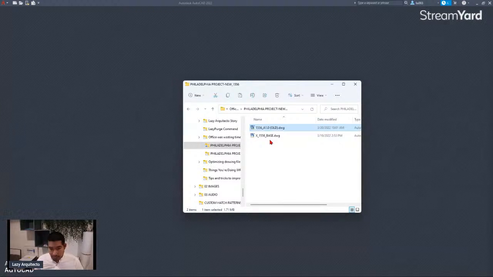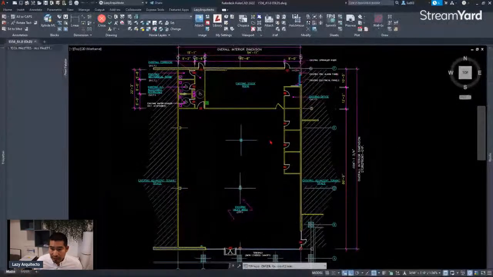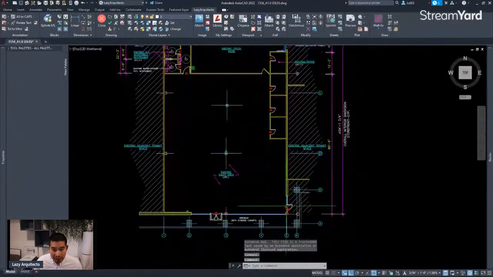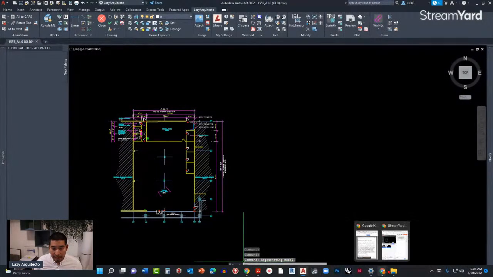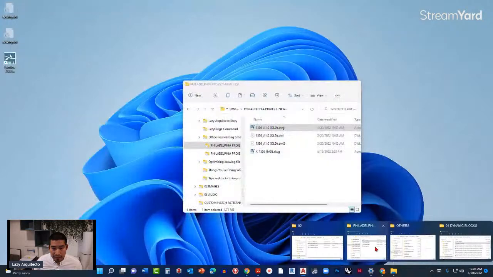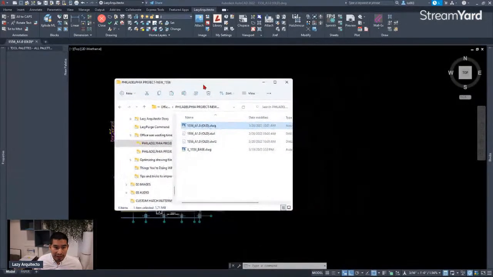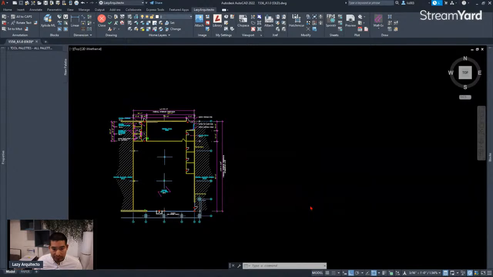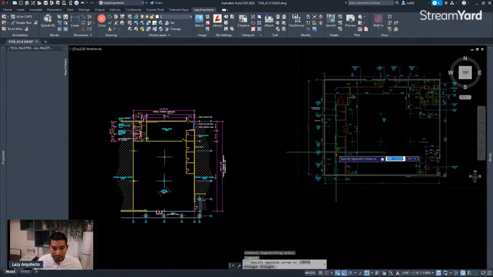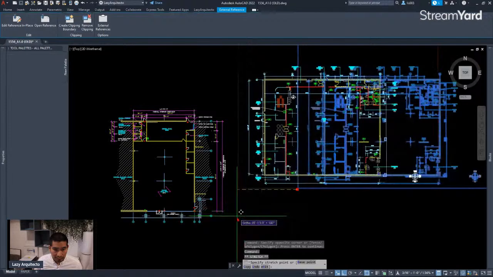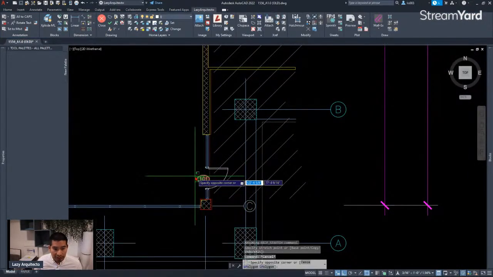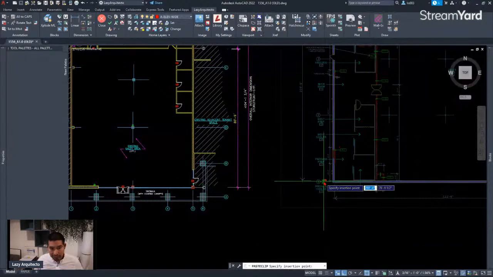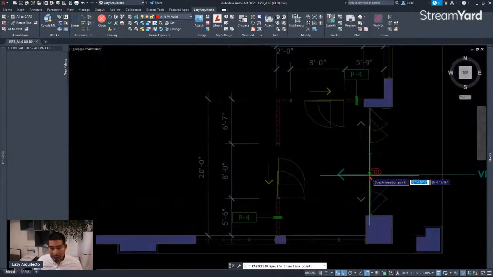So after renaming his new project, he opened it, and first, of course, bring in his xref for his base plan. So after reusing some of his door tags into his new drawing,